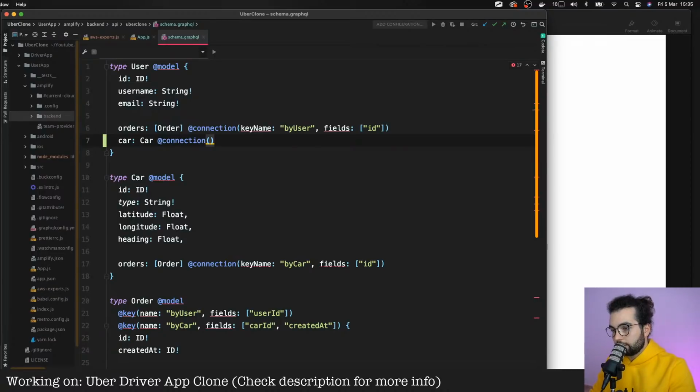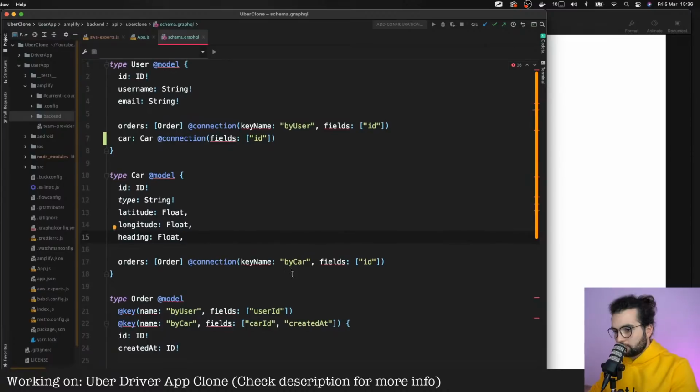And let me think. Not sure, but let's try just to say that the fields are ID. Do we need a key name by user? Probably not. But no, let's do it this way.